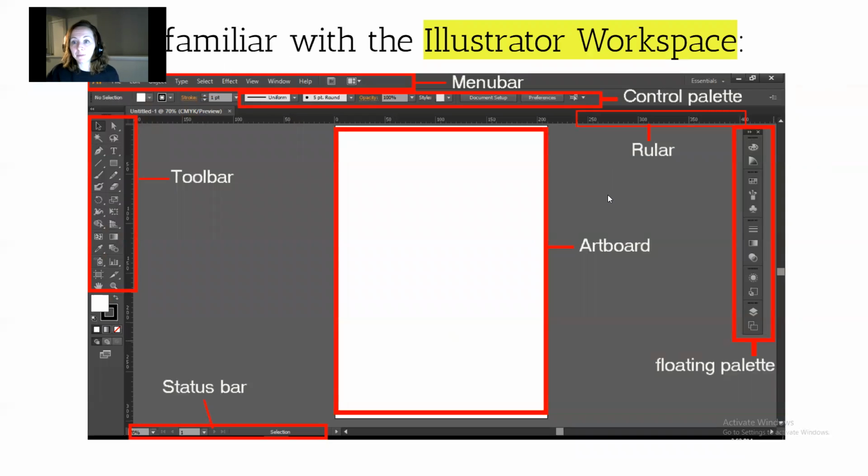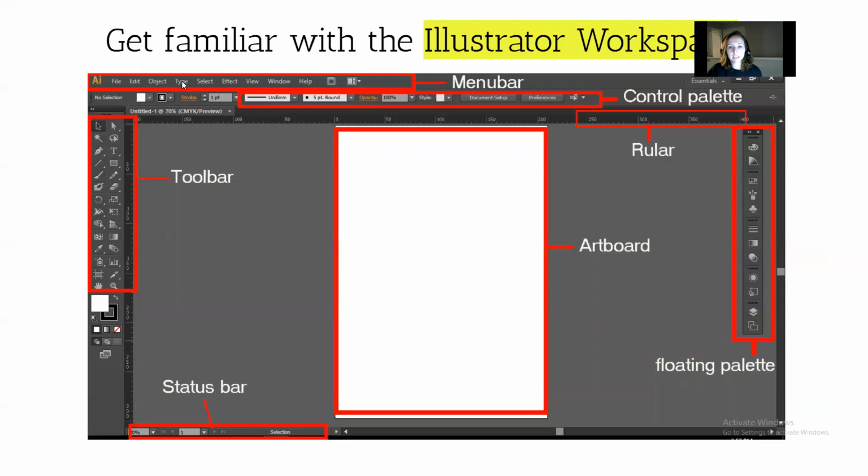Really quick, I want you to be familiar with the Illustrator workspace. It's somewhat similar to Photoshop. So you have your main menu bar up top where you can find all the good stuff. This is where Window is. I think this is one of the number one places people need. They drop the window down if they want to get into layers, or really if there's anything in particular you need and you don't see on your workspace,